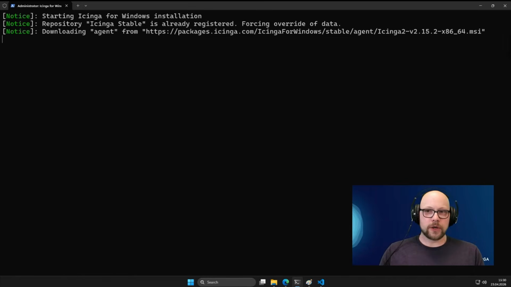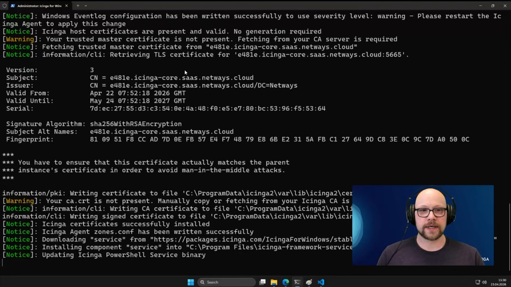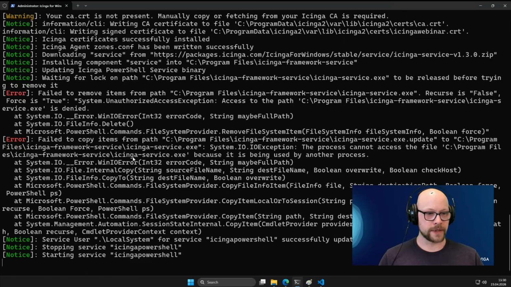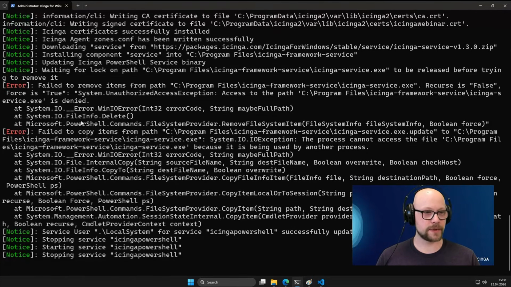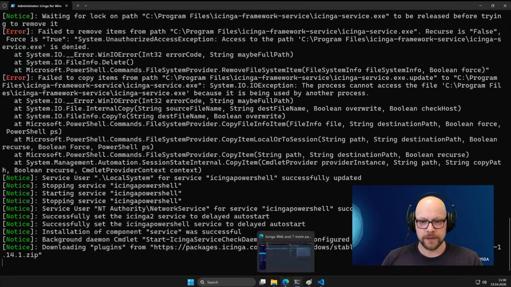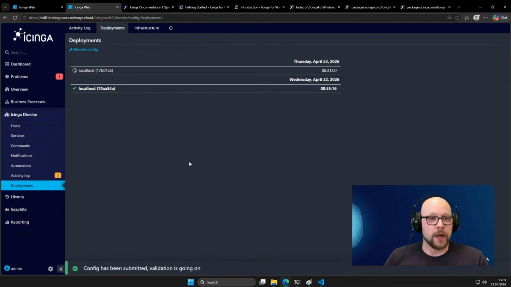And now the agent is downloaded again, but it's not installed because it was already installed. And now we can see the TLS certificate. The certificate is fetched, it's handled. And we can ignore that part because the service is already running and installed. It's just a race condition, that's fine. We just pretend this never happened, these two errors. We don't see them. And now the certificate is installed and if we deploy our pending changes in Icinga, we should at least be able